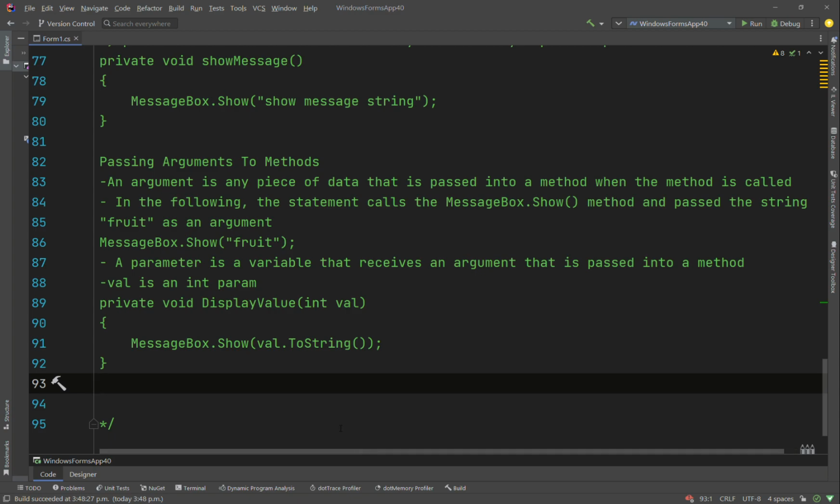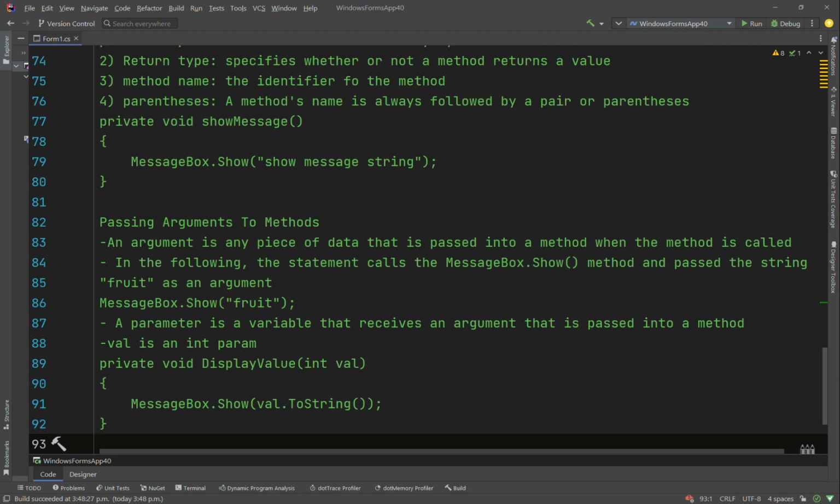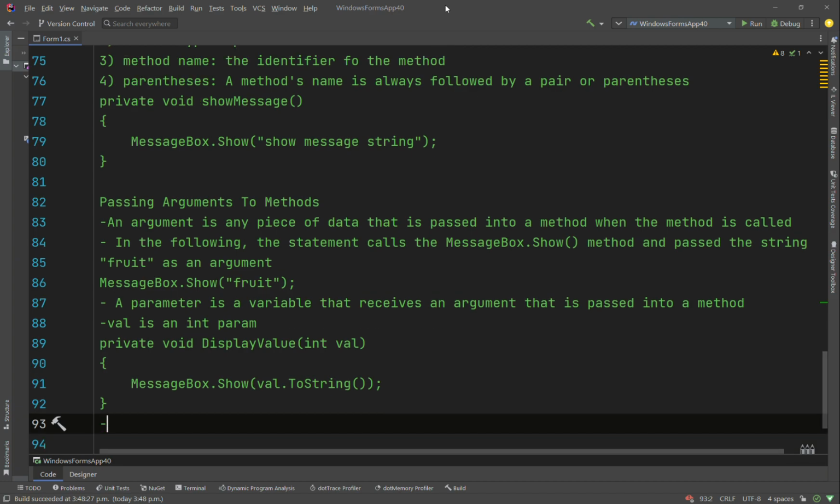So we have, excuse me, so basically an example of a call to the display val method with some large number as a parameter. It's a bit confusing because a parameter is a variable